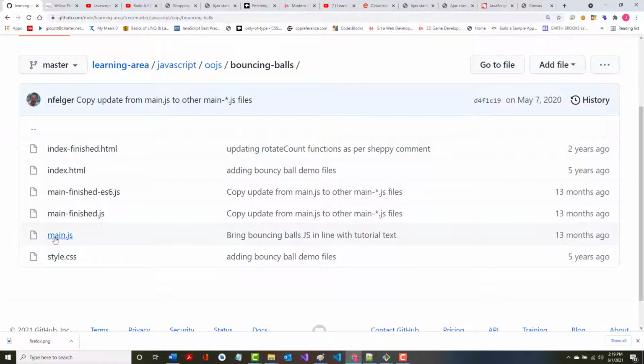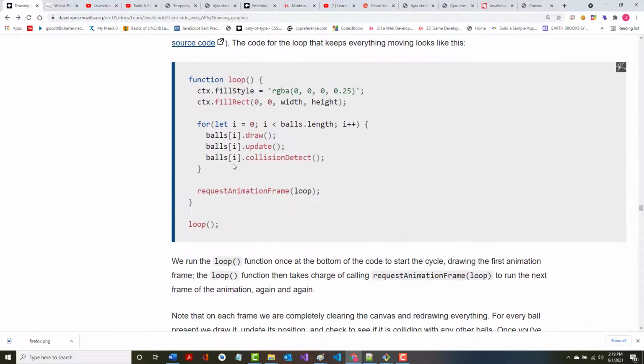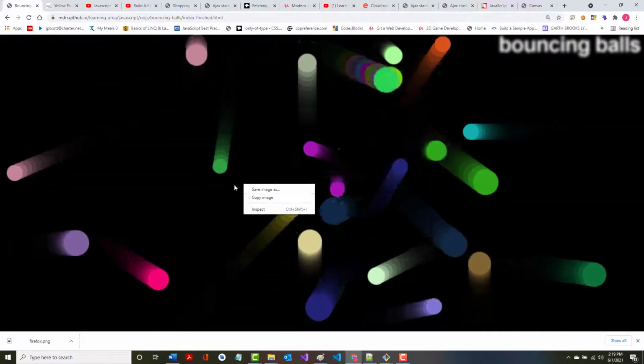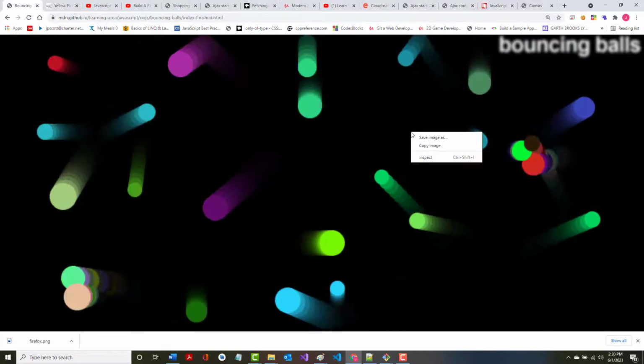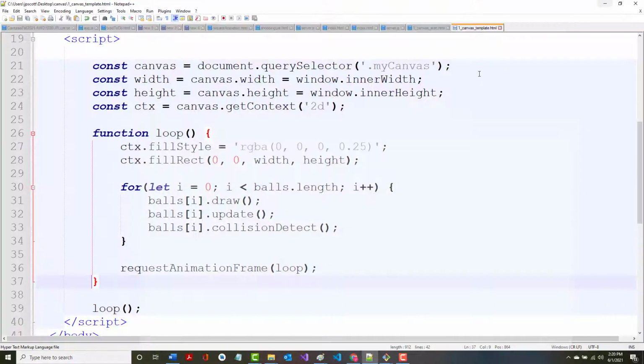And I'm not going to go back. I guess I could throw all this stuff in there, but I'm not going to do that. All right. So let's take a look at it. Not that one, this one, right? In the See It Live. And I guess it's not allowing us to go take a look at the code. So